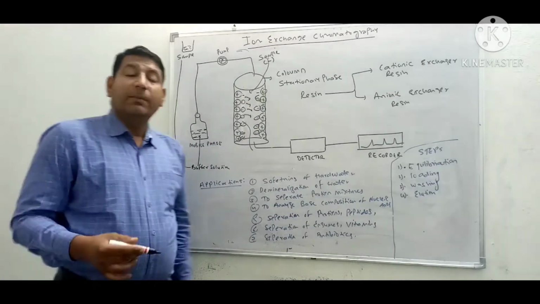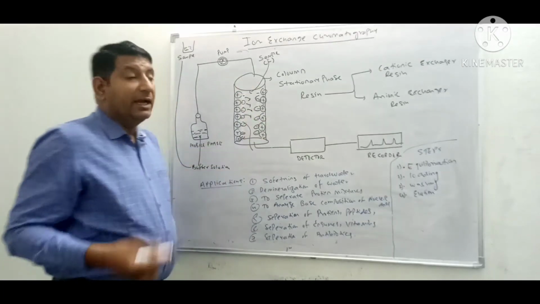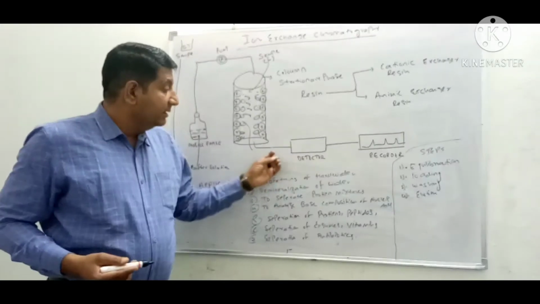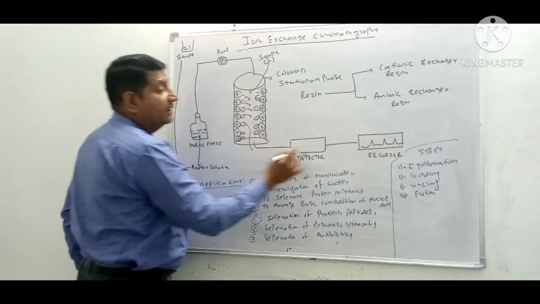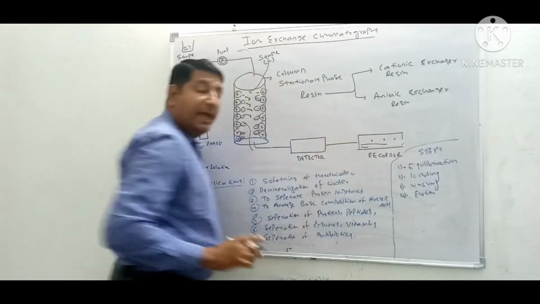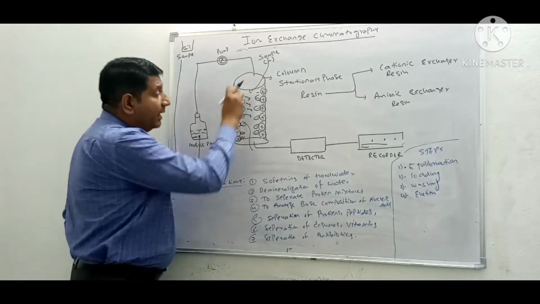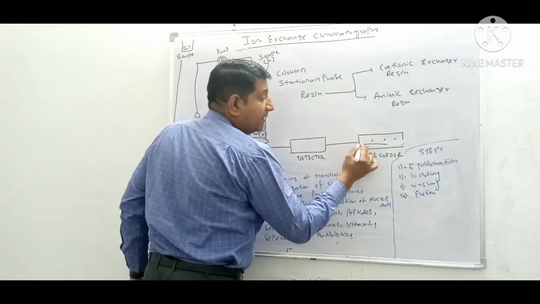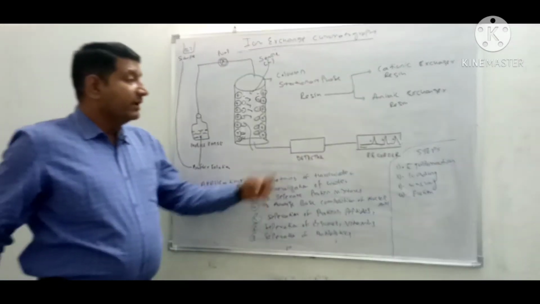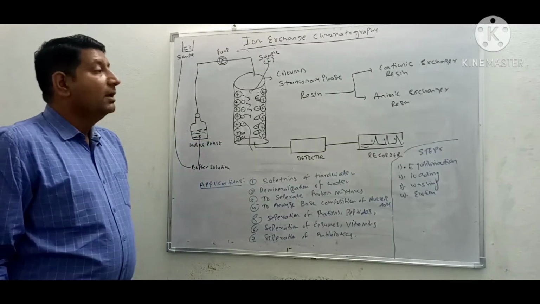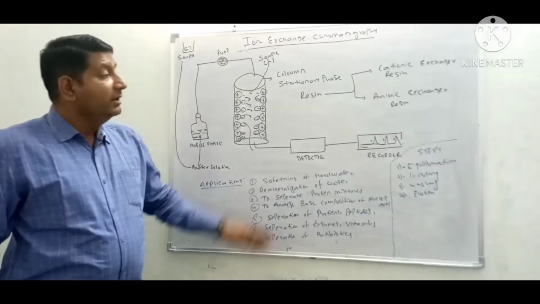After some time, with the help of a suitable solvent or buffer, we can elute our negatively charged sample and detect the concentration in the detector. When simple buffer is running, the graph shows a plain line. As soon as the sample attached to the column is washed and comes to the detector, it will show a peak by which we can determine the concentration and the nature of the sample. Now this is the simple procedure of ion exchange chromatography.